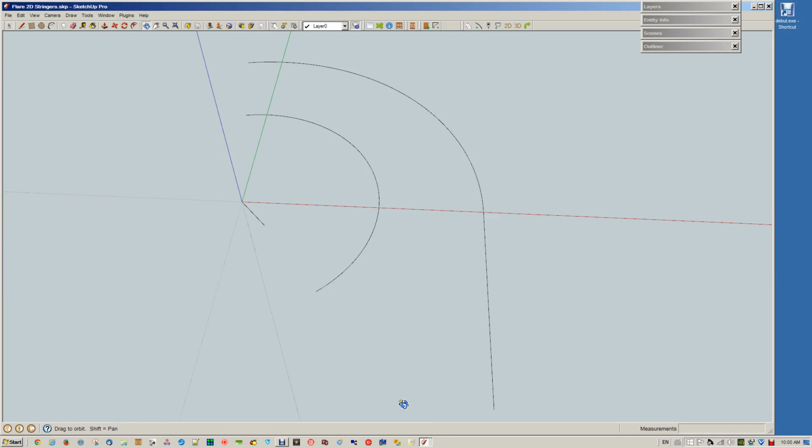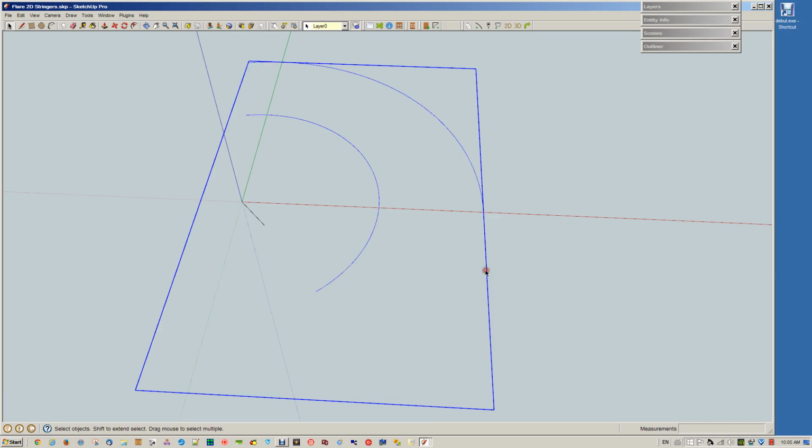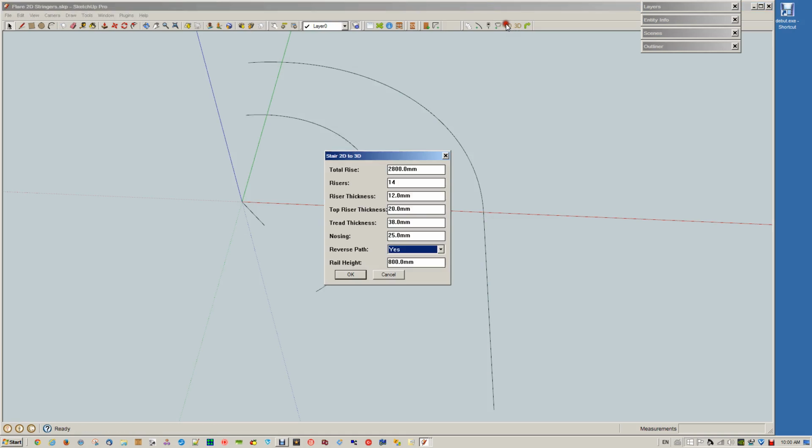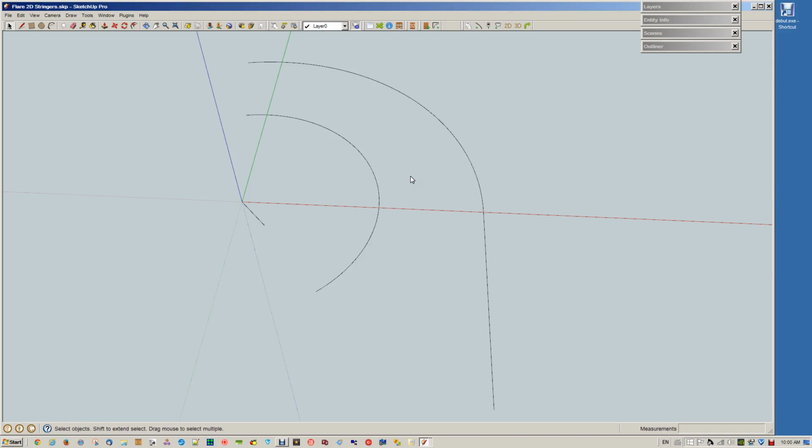Here we go. So we start off with these two paths, and they can be exploded just to make it a little easier for what we're doing right now. There are one extra run at the top, one extra run at the bottom. So let's adjust our model. Now to make this tool work, we're going to change this to 16 risers, and we're going to add 400, two risers, so 3200 millimeters. Just easy math right now